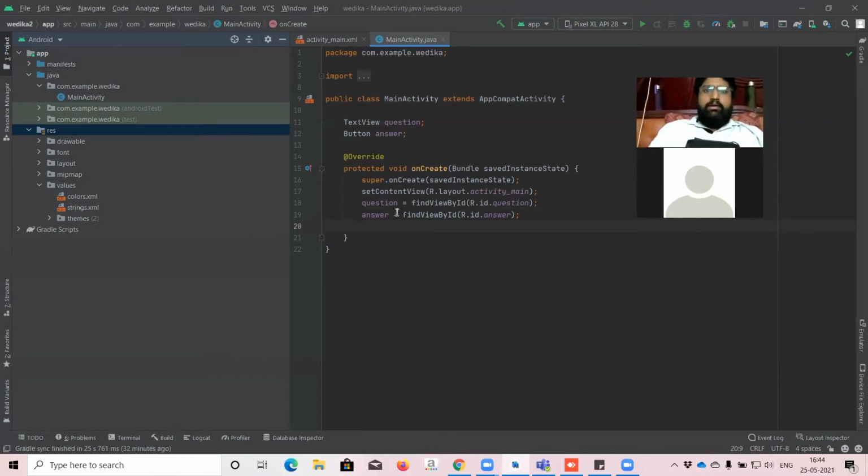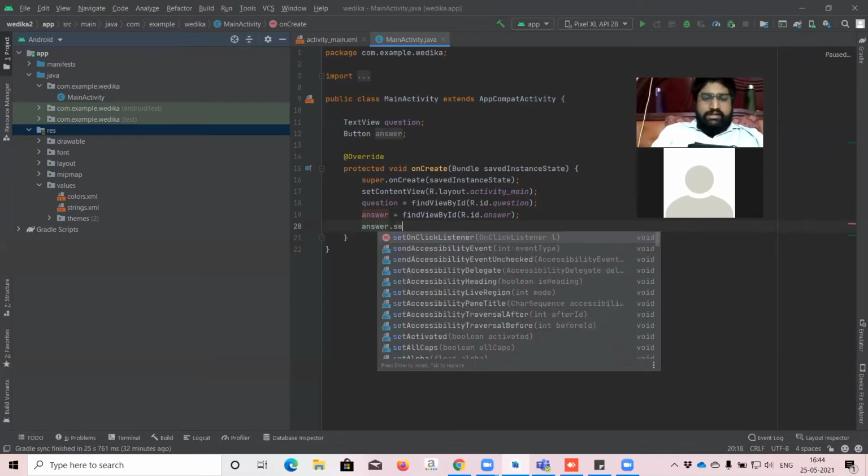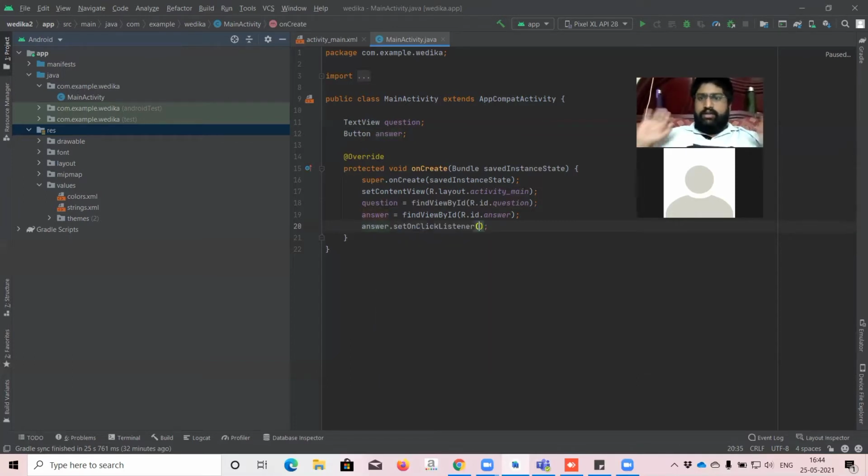So what is the button name? Answer. Very good. Answer dot set on click listener, which means if I click that, something has to come, right? So set on click listener. Very simple.